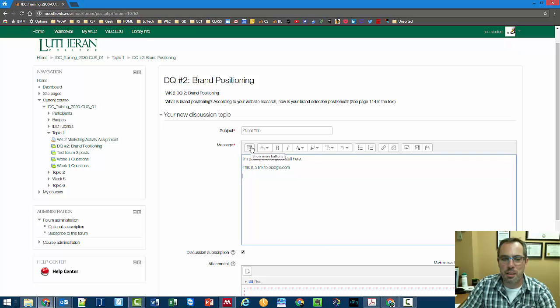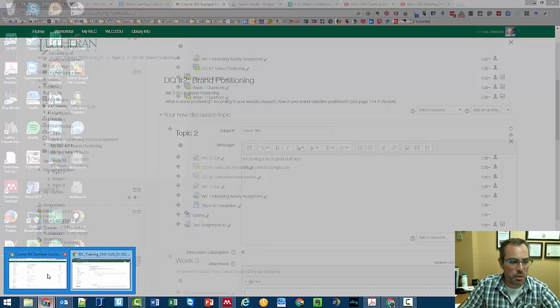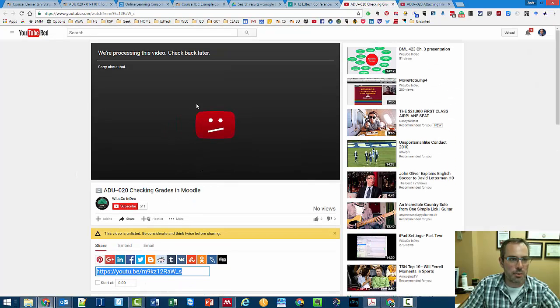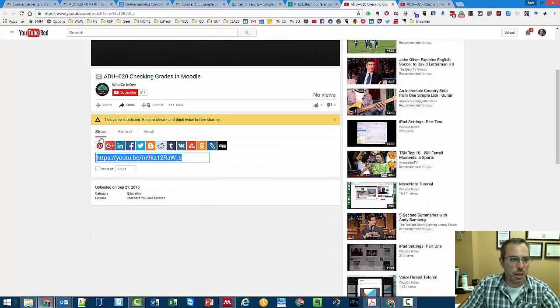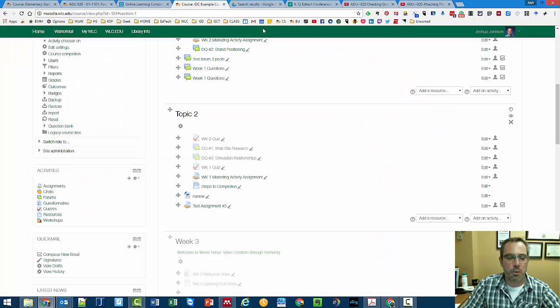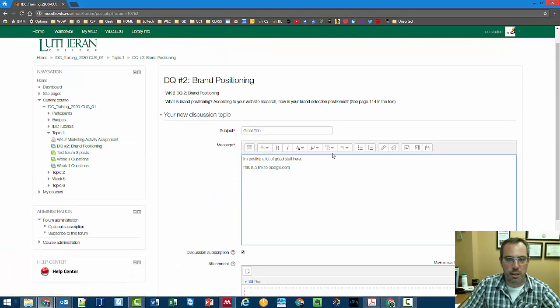Another option is for embedding things into your post. And I'm going to show you one with a YouTube video. So let me jump over to a YouTube video here. When you go to any video on YouTube, there's usually under the sharing section a place where you can embed. And it gives you a piece of code that you just copy this entire thing. All right, and I'm going to jump back over to where I was putting that in now that I've copied